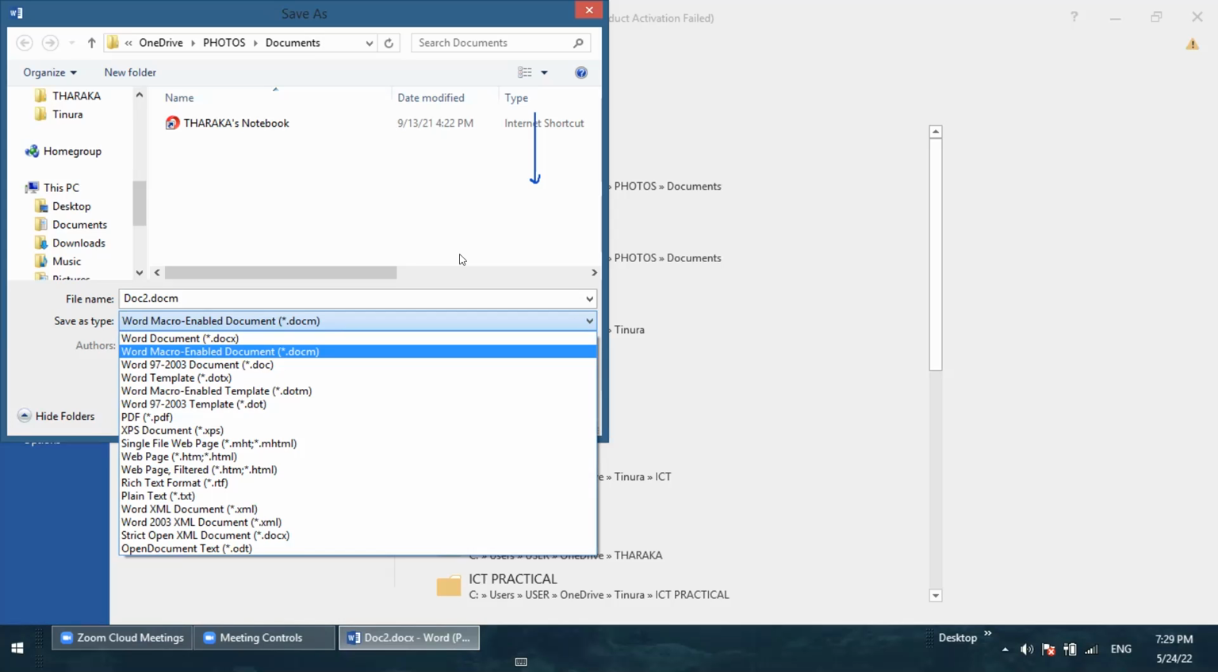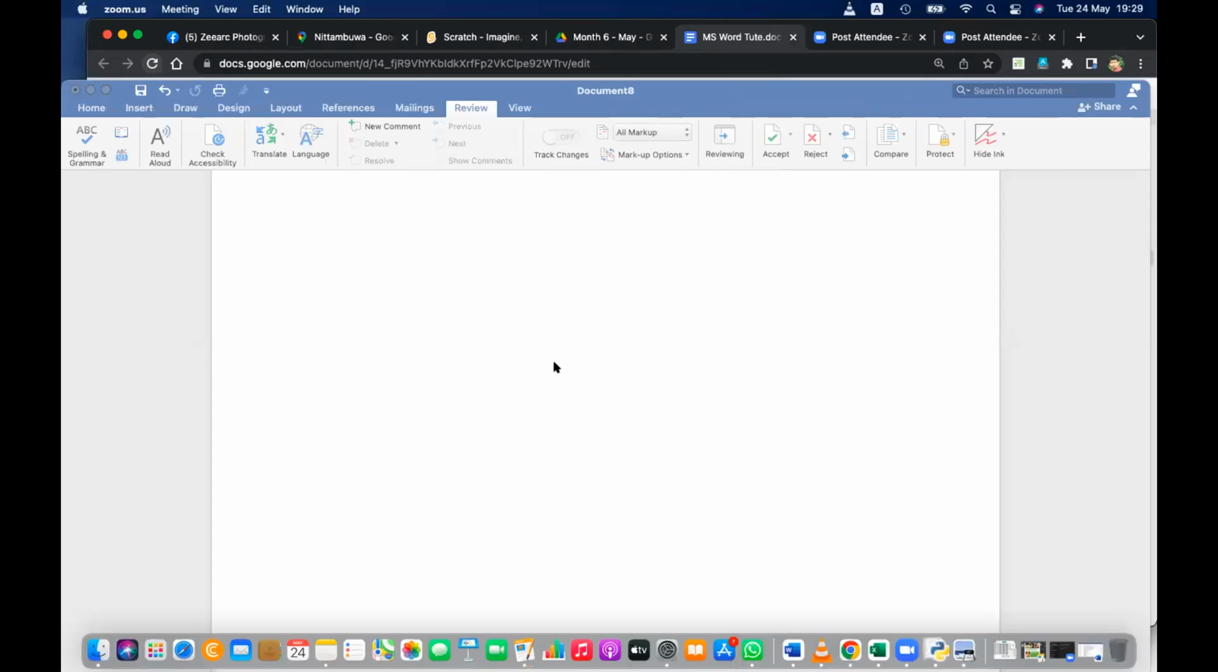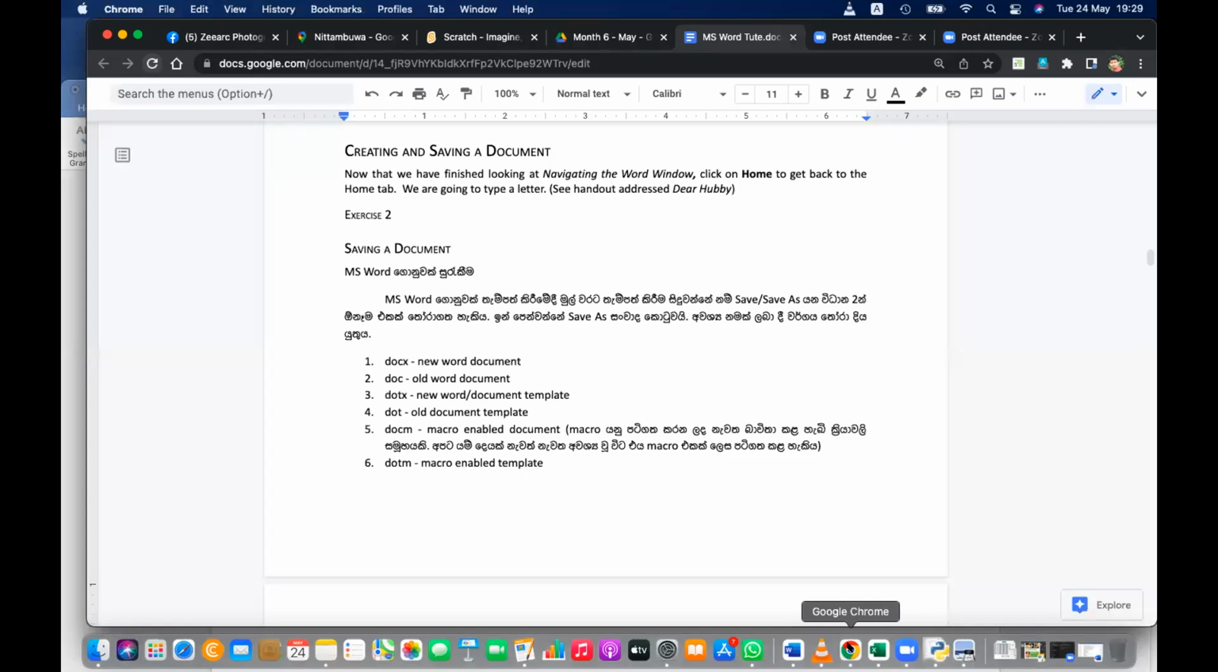ODT, open document text, is for the OpenOffice applications. Okay, let's write down the things that we have learned about saving, save as, and password options. First of all, let's write down them, and after that,